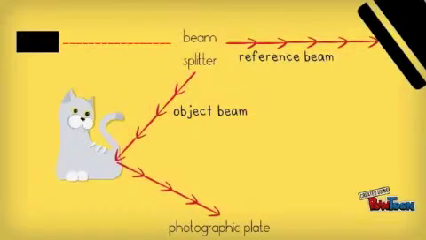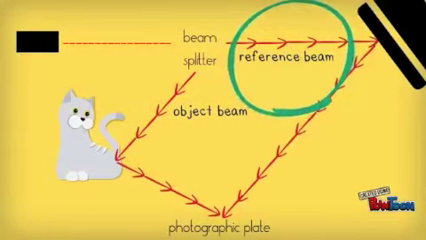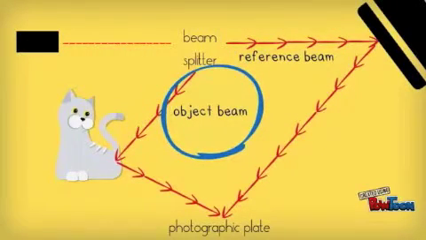The reference beam, which is the second beam produced by the beam splitter from that single beam from the laser, bounces off another mirror, a different mirror than the object beam, and is reflected onto the same point on the photographic plate as the object beam, without making contact with the actual object. That's the difference between the reference beam and the object beam. The reference beam travels directly from the beam splitter and lands onto the photographic plate without making any contact with the actual object. The object beam, as its name suggests, first lands on the object and